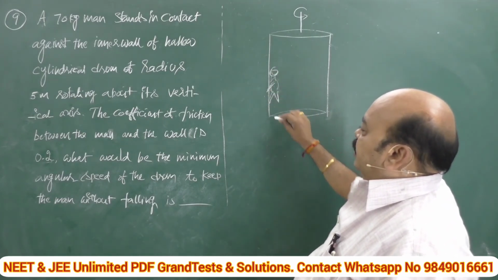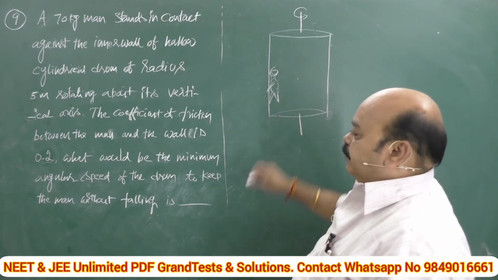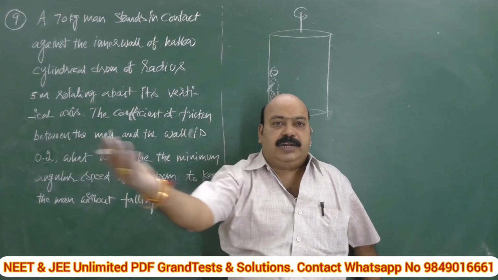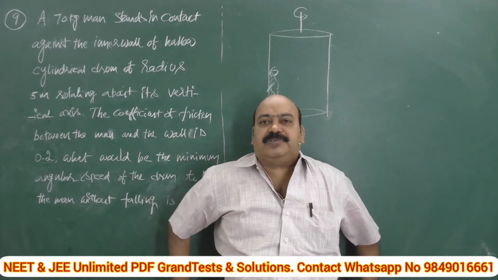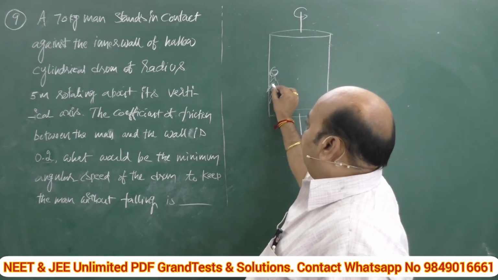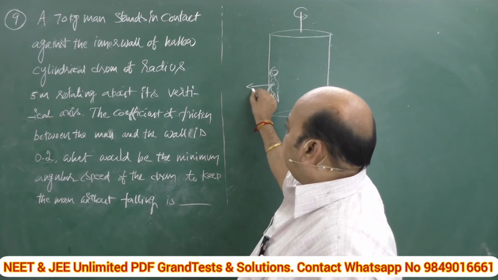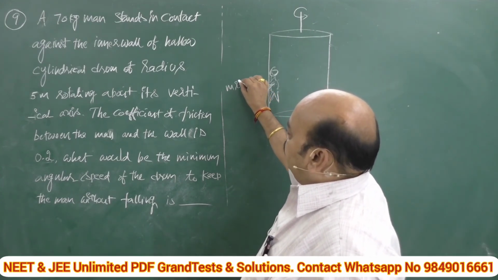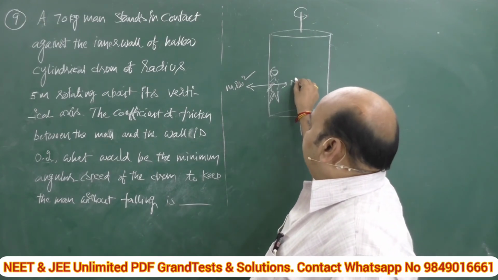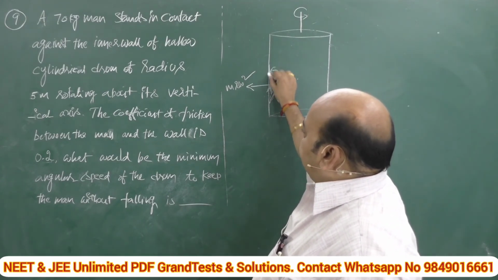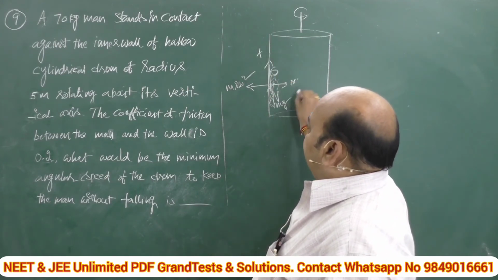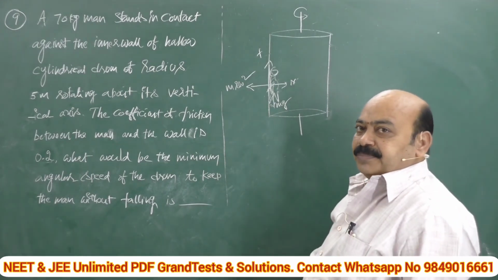When he is maintaining a certain speed, the man does not fall down. That means, see, like this. If I am against the wall, say, if this is rotating with a certain speed, I am pushed against the wall, as I explained in the previous case. With what force I am pushed against the wall, which is equal to mr omega square, and this is a normal reaction N. This frictional force keeps the man from falling down. This is the frictional force, and this is mg. Now this is the condition.